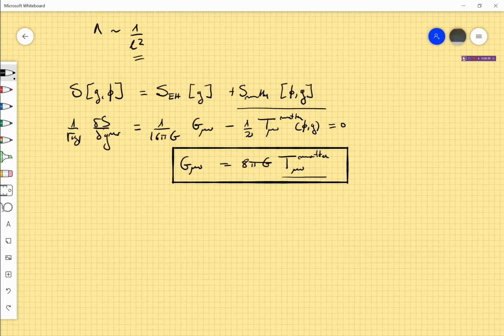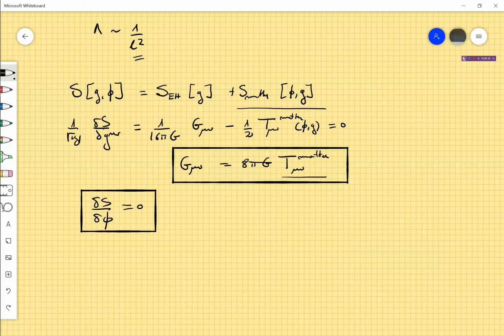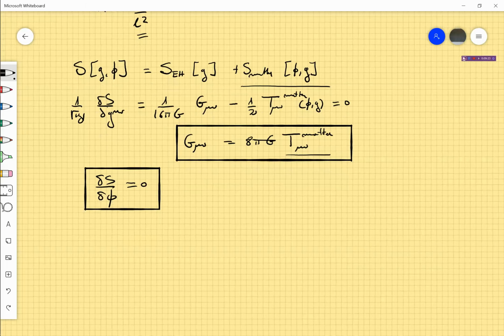Of course, you can also vary these equations with respect to phi. The general variation contains variations with respect to g_mu_nu and also variations with respect to phi. This gives you the equations of motion of the matter field. If it is a scalar, remember that it was minus square root of g, nabla squared phi equal to 0. And the whole setup, the consistency that you have to remember, because I think it is very important conceptually,